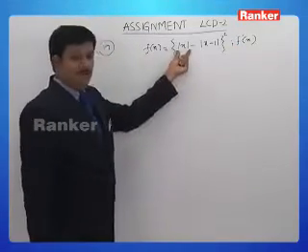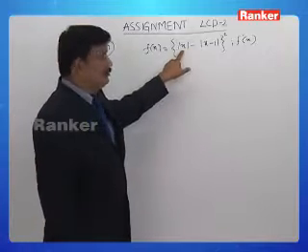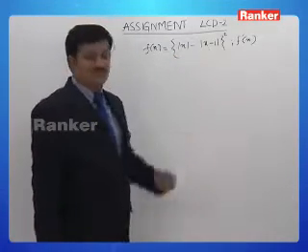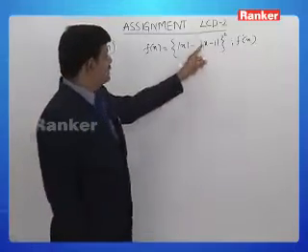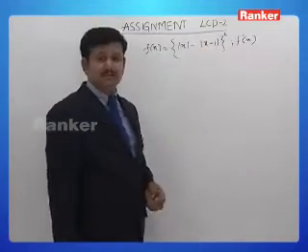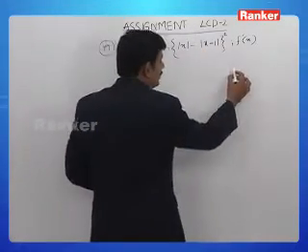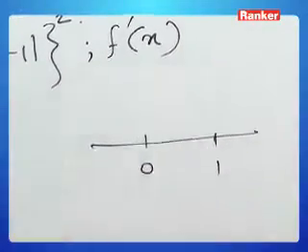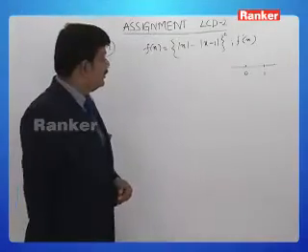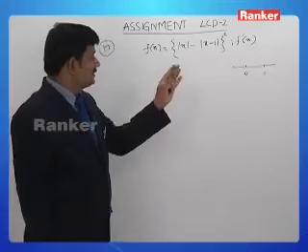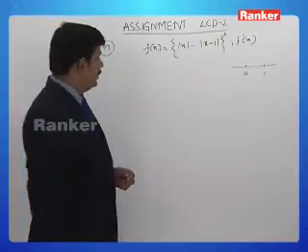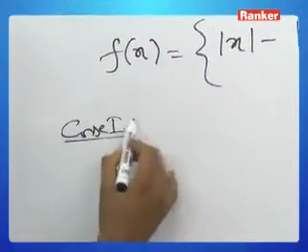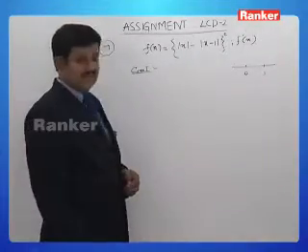So, mod x can be properly defined when we know whether x is greater than 0 or less than 0, and mod x minus 1 can be defined when we know x is greater than 1 or less than 1. So, let us cut the number line into 3 cases: x less than 0, x lying between 0 and 1, and x greater than 1. First case, when x is less than 0,